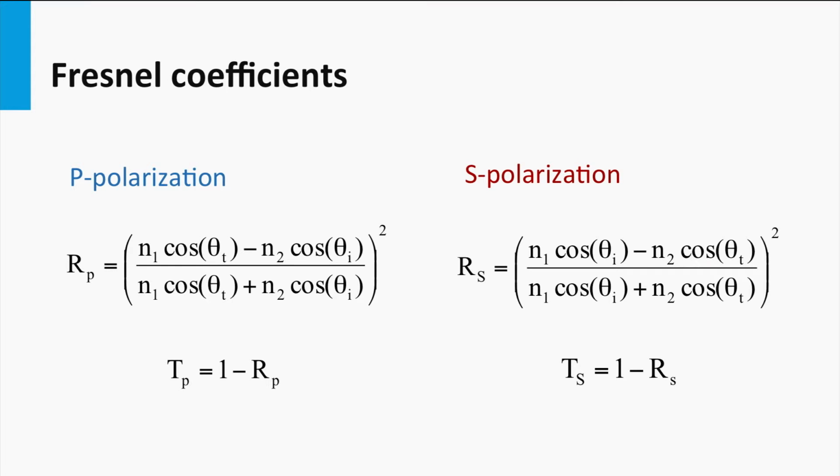The reflection coefficients are given by the Fresnel equations, which are functions of the refractive indices of both media and the angle of incidence and reflection. The transmission is 1 minus the reflection. I'm not going into detail, but the Fresnel equations for transmission and reflection of the p-polarized light are slightly different from those of the s-polarized light. For light at perpendicular incidence, that is an angle of incidence of 0 degrees, the reflection and transmission are